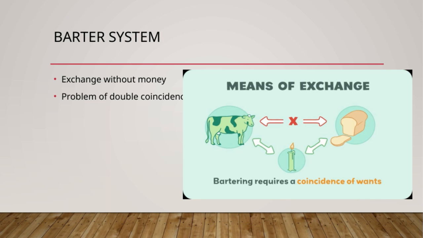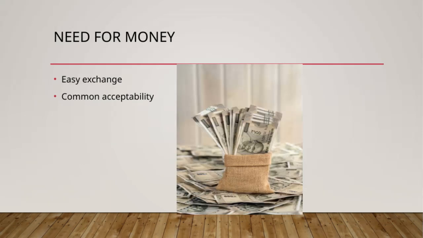So, this slide helps us see the roots of economic exchange and how early societies attempted to solve the challenge of trading without money. Let's start by looking at the idea of easy exchange. This is a fundamental concept because for any form of money to be useful, it needs to be easily exchanged. People should be able to trade it smoothly without complications. When exchange is simple, it encourages more transactions and increases trust in the monetary system.